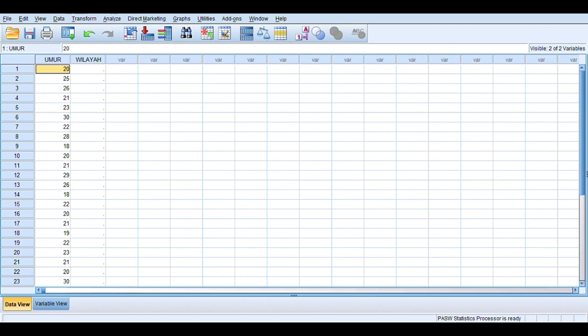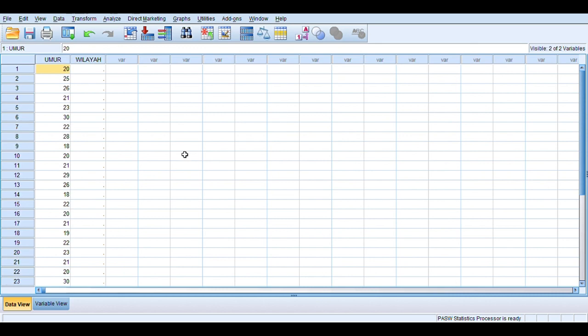Then open Excel again. Copy the coding score. The coding is: number 1 is Jakarta, number 2 Central Jakarta, number 3 West Jakarta, number 4 South Jakarta, number 5 North Jakarta.